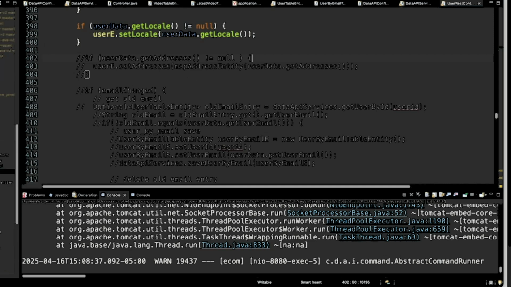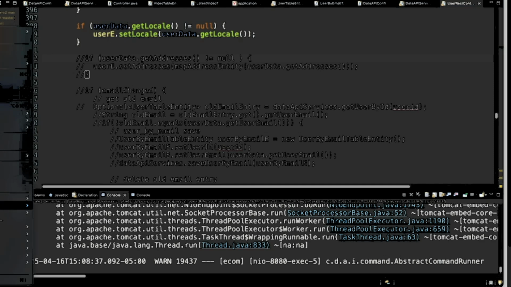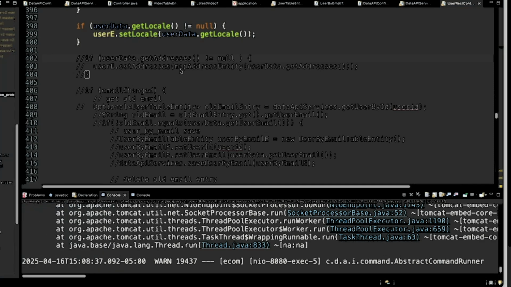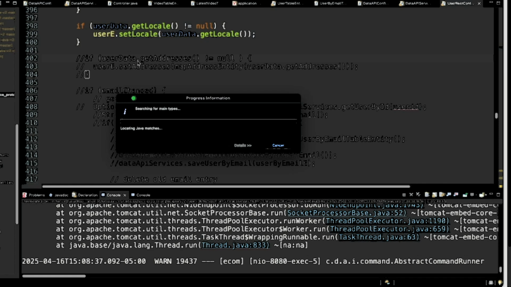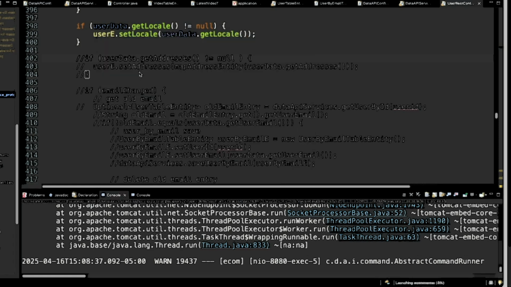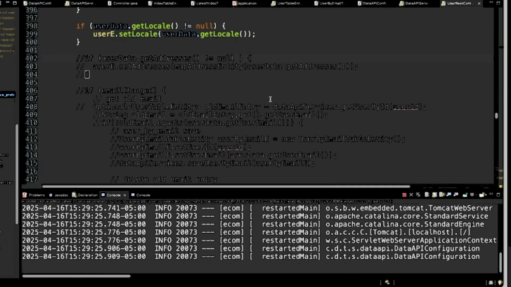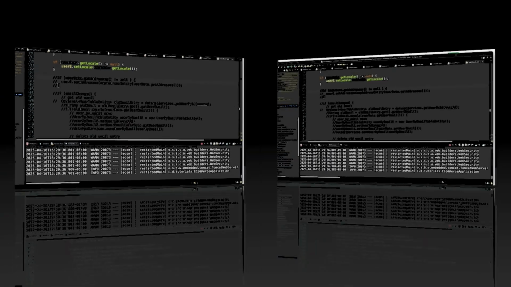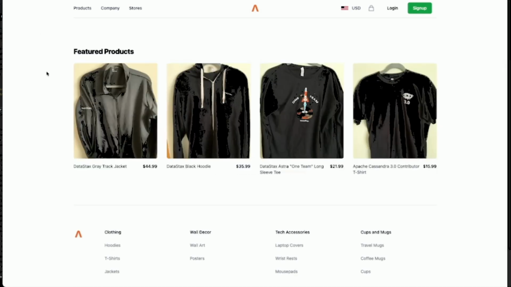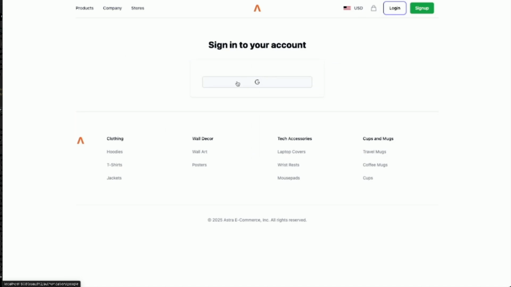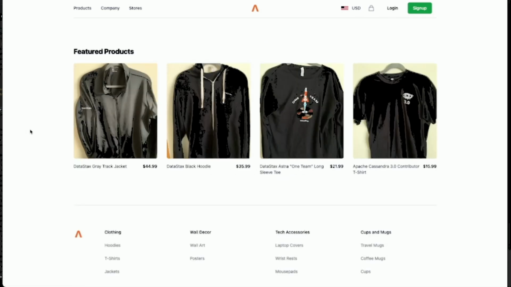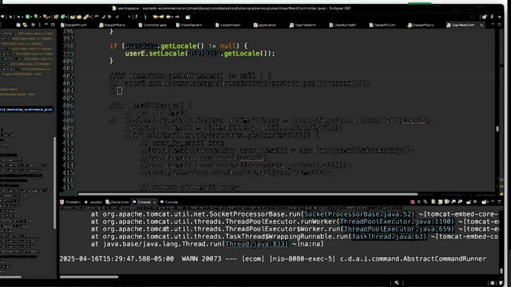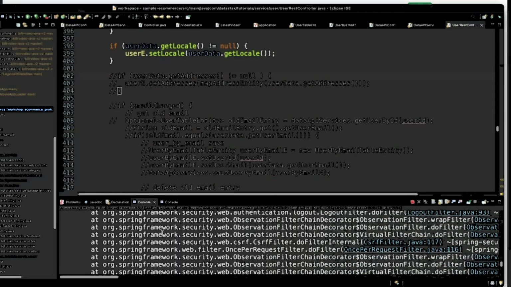So let's go ahead and do a run as Java application. All right, let's go back to here, maybe do a little refresh. All right, let's say log in with Google. Oh, it didn't like something there.